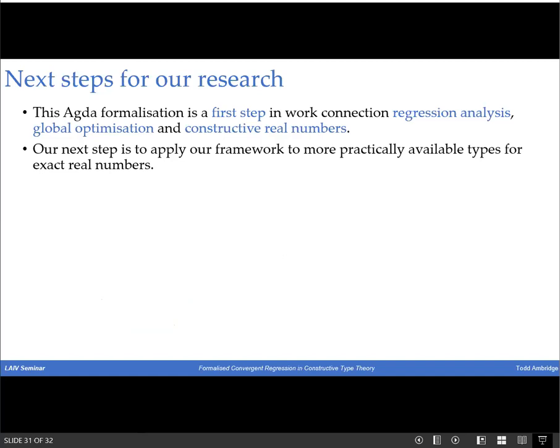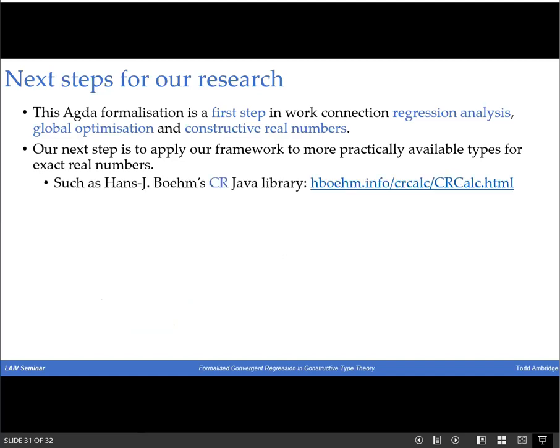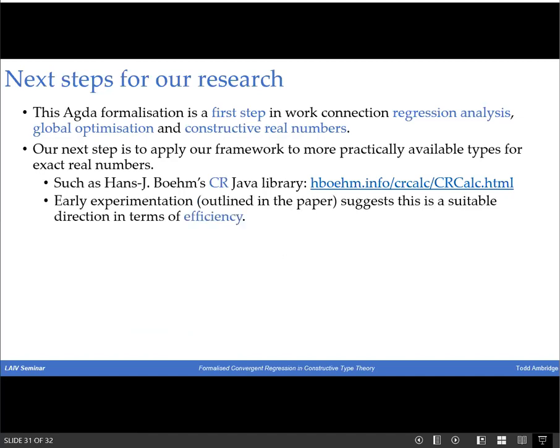And so what we want to do is, well, we've got this formal framework. Can we apply it to more practically available types for exact real numbers? For example, this CR Java library, which was developed by Hans J. Boehm 20 years ago, but is now the basis of the Google calculator. So if we can look at that and apply it in a similar way, can we get efficient results